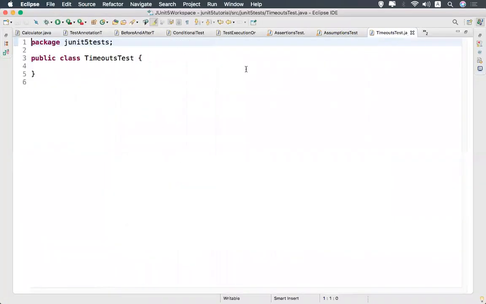So you are expecting a test should execute within this time. For example, you're calling an API, and that API should be executed within 5 seconds. But it's taking more than 5 seconds, then you want to mark that test as a failure. At that time it is very helpful. So that is one example I can say. To show that, we'll take one example.